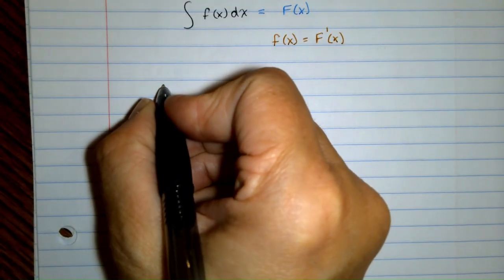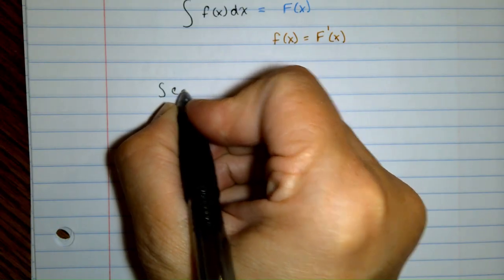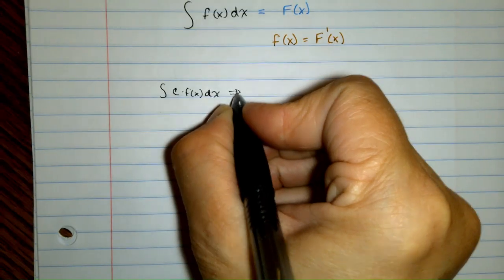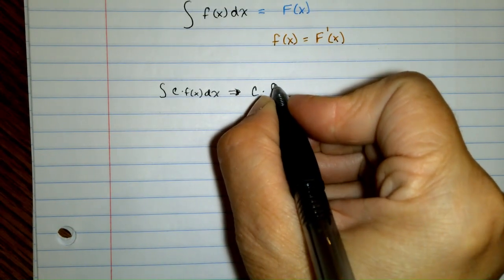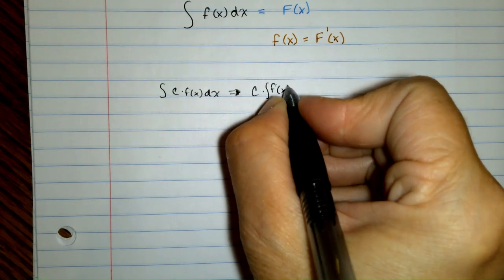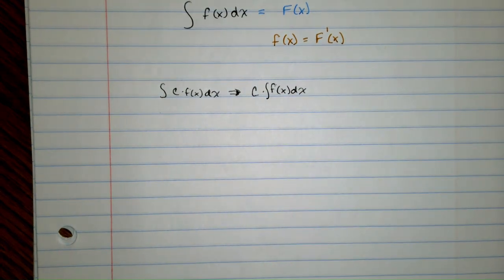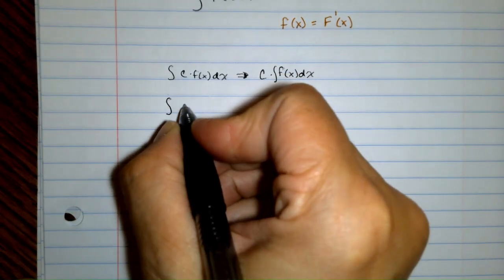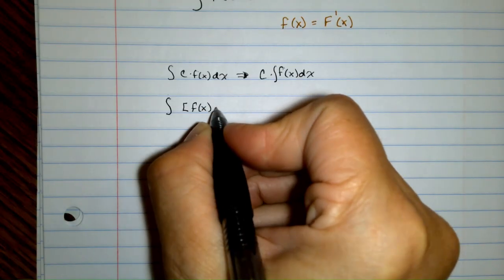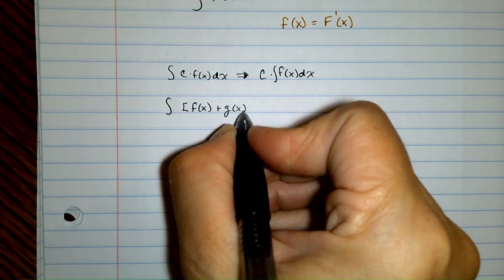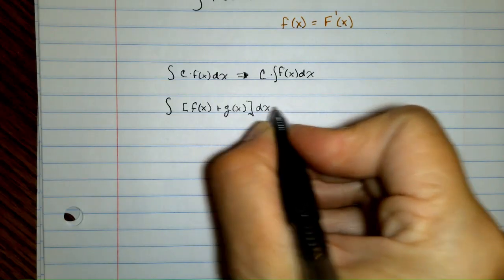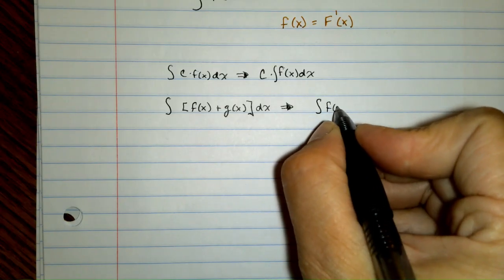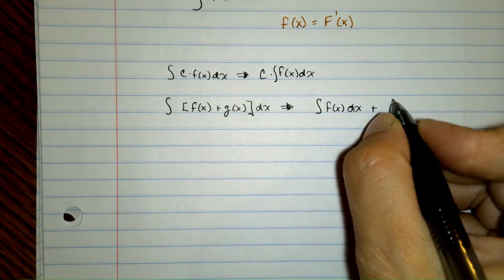Anytime you have a constant multiplied by your f of x, it's the same thing as having the constant multiplied by the integration of your f of x dx. Okay. And another simple one that we're going to look at, if you have two things being added together, it's okay to change them into the format of the integral of f of x dx plus the integral of